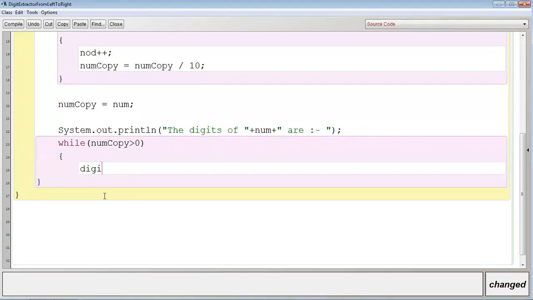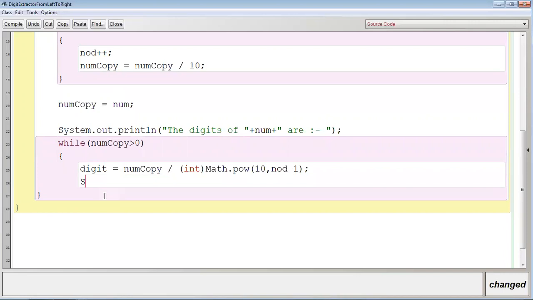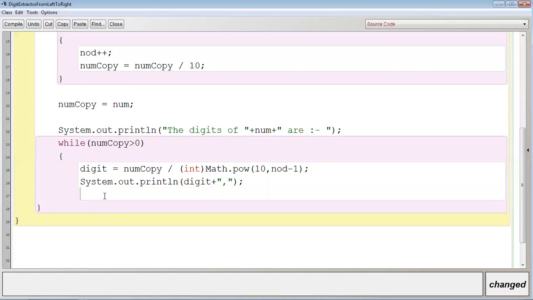digit is equal to num copy divided by typecasting int Math.pow 10 comma number of digit minus 1, because initially we need NOD minus 1. I've already given the example. Yes or no? And then display System.out.println digit concatenation sign and one comma. Okay. Num